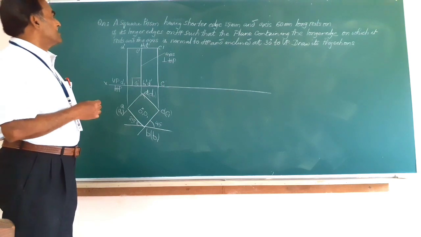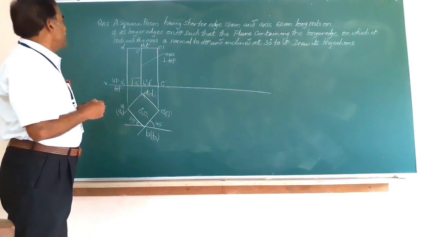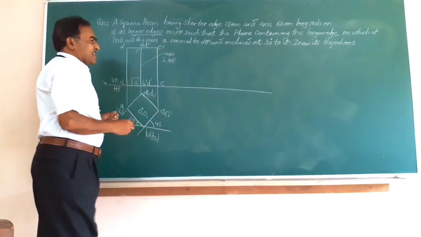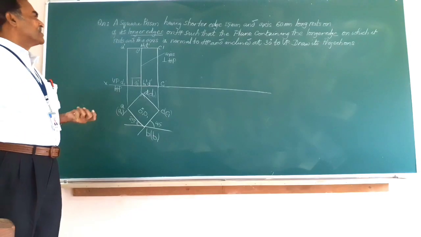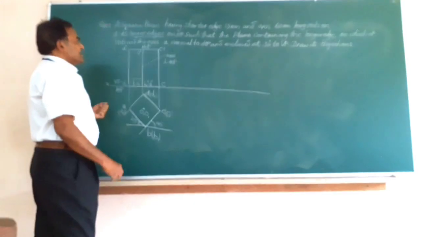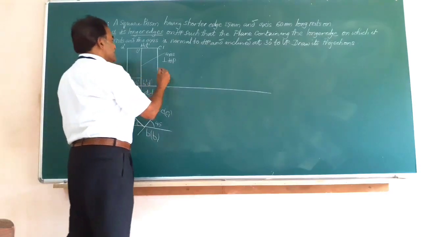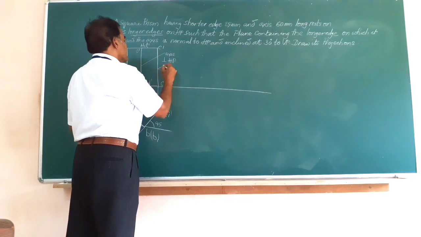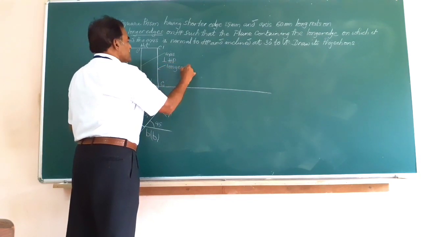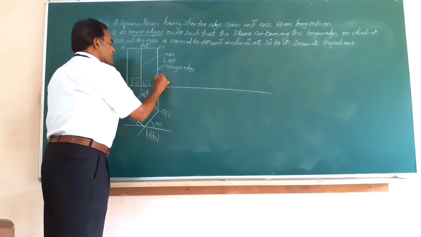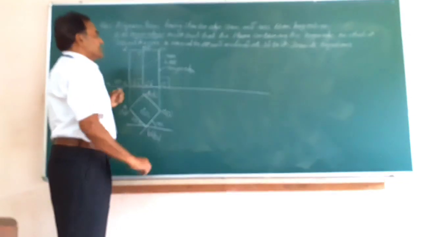Now it says, draw the projection of the solid when the solid is resting on one of the longer edges. So what is the longer edge here? In the front view you can observe, friends, that the last line of the figure represents one of the longer edges. There are 4 longer edges. So this is one such longer edge, that is C dash C1 dash, which is very obviously perpendicular to HP.